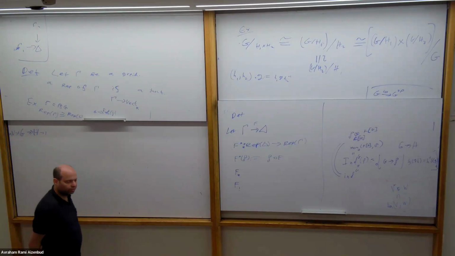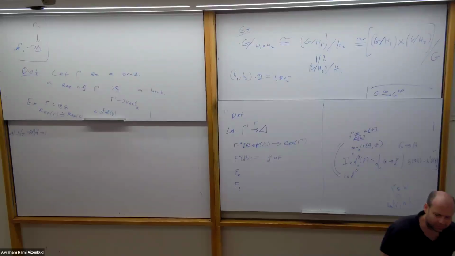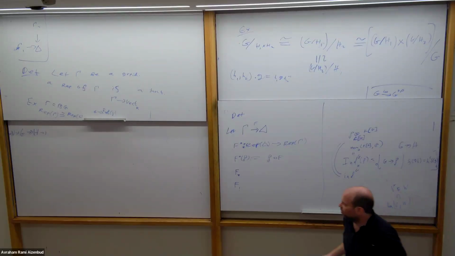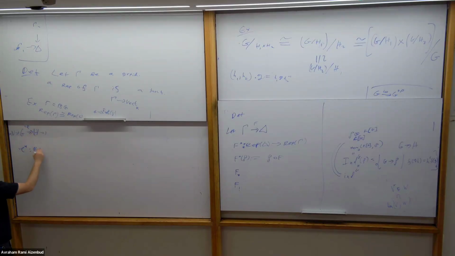So what is the adjoint functor? I think we had an exercise about it. Which one? The inflation. So we'll have H, G,